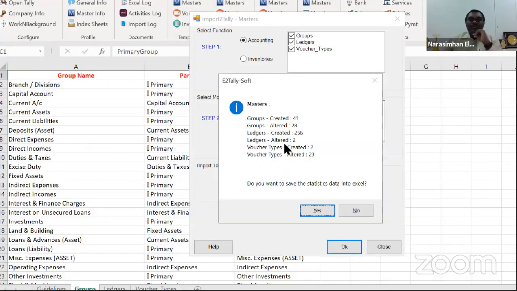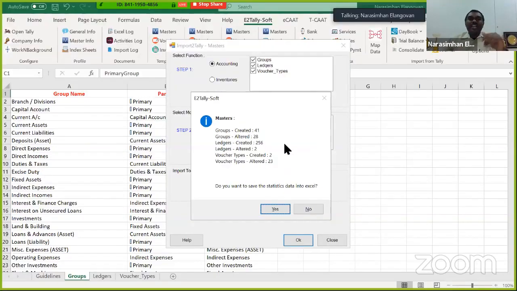Imagine tomorrow a client comes and asks you, sir, we were having Kacha books, now we want to have a proper set of books. We want to bring into this method. How much time will it take? Quickly you can set it up, and it's not very complicated. So are we clear? The first step all of us have done.